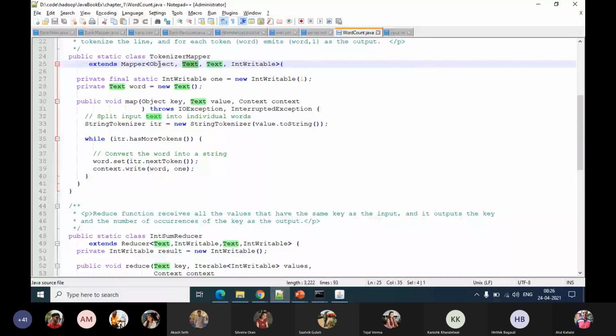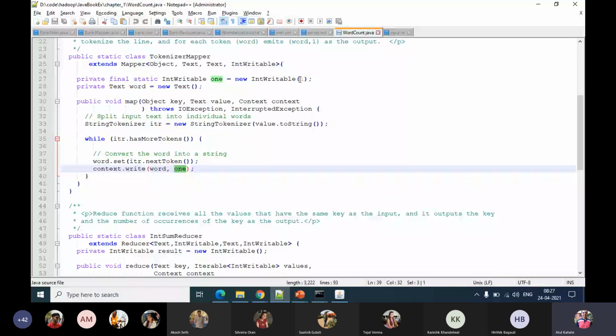The object received as key is nothing, but we are going to create it now. The second parameter, text, which we received as A, we wrote to the output as it is, followed by its count, which is 1.